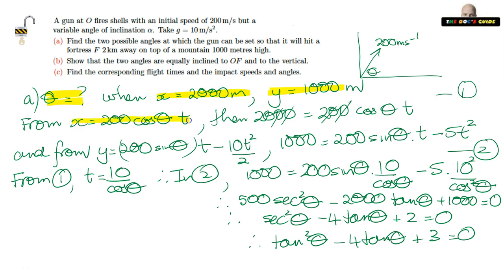So knowing that x, the horizontal displacement, is that, which gives us that 20 equals cos theta times t, and knowing that vertically the displacement is this, which we equate to our velocity, then what we can do at that stage is to say that from our first equation up here, t is 10 on cos theta, because